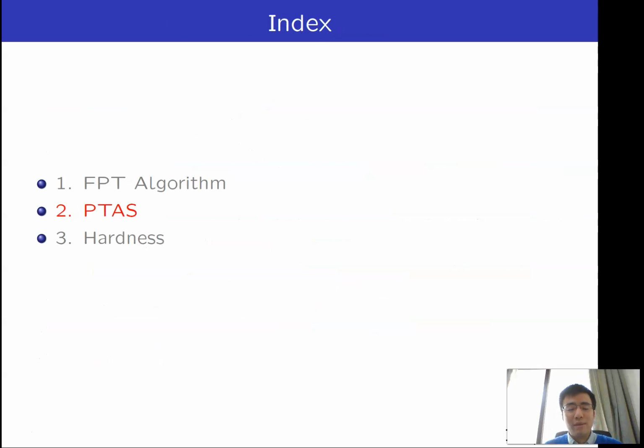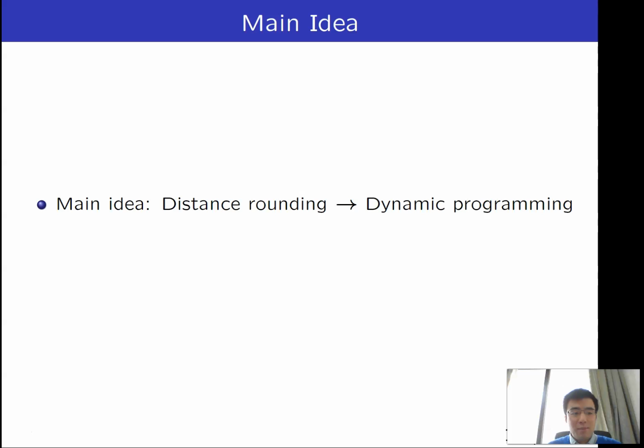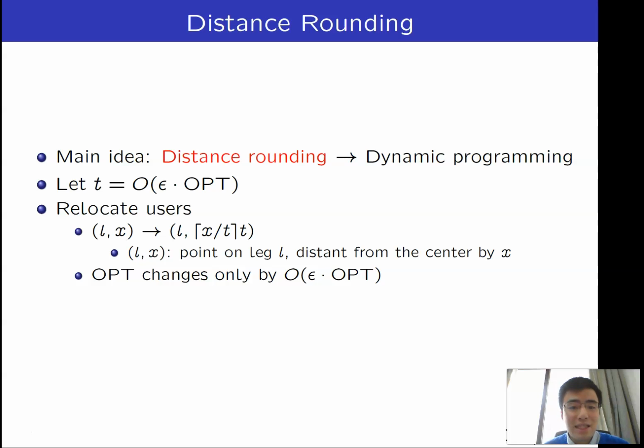Next, we give PTASes. The main idea for PTASes is distance rounding and dynamic programming. Distance rounding is simple. Let S be the epsilon fraction of optimal value. We relocate users to the point that is distance from the center by multiple of t. By this relocation, optimal value changes not so much. By this relocation, we can solve this instance